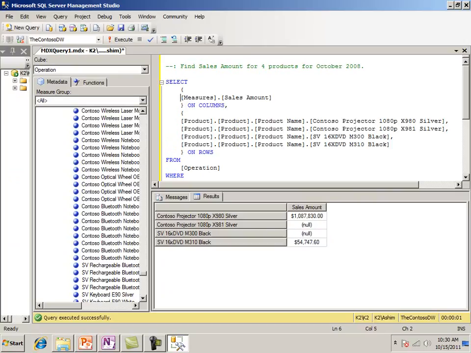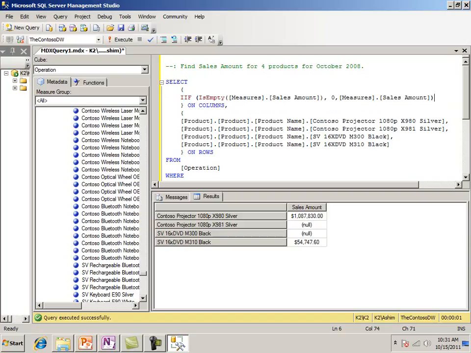We can do it very simply. IIF, first condition is IsEmpty of sales amount, then 0, else we show sales amount. That looks good,